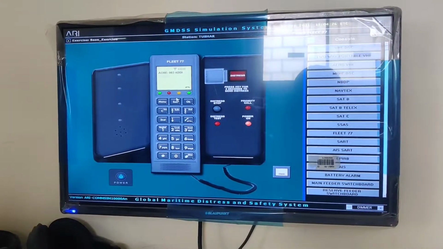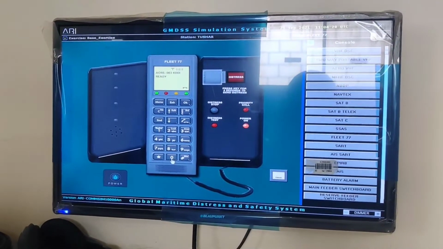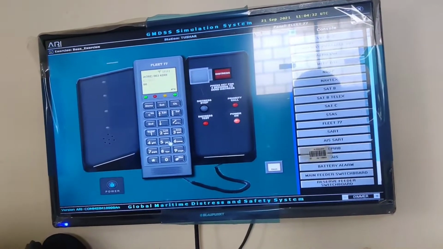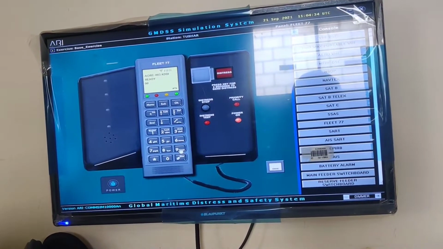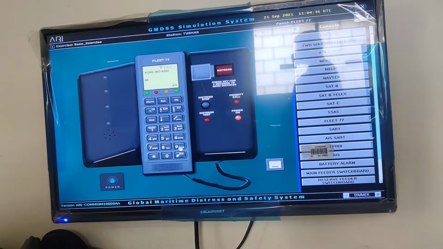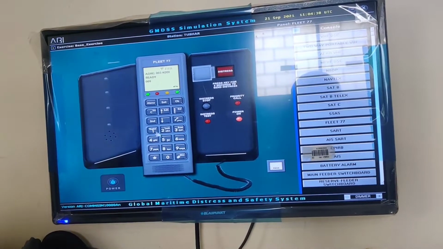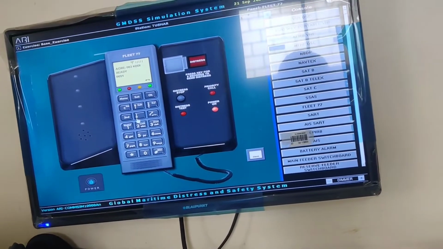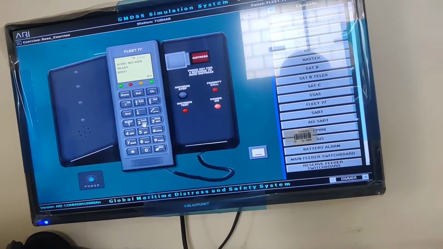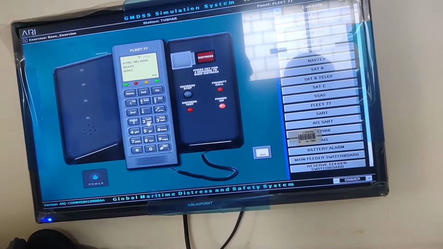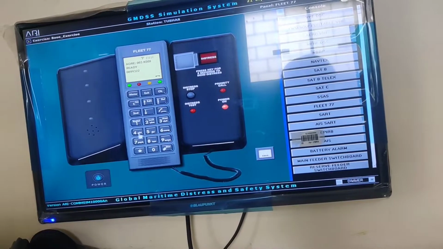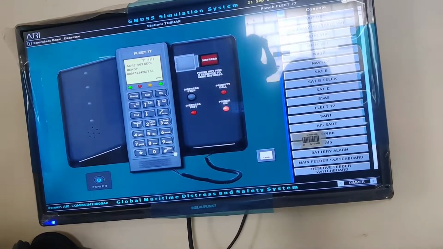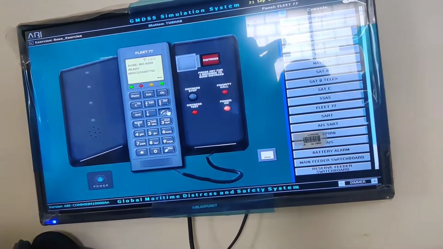Now to make an RT call to post station. First, press automatic call code 00, then press the country code. Here we will call to Haldia. So for this, press 91 for country code. Then press the Haldia number by referring to LRS 1 or 5. 322 426 7755. Now press handset to call.